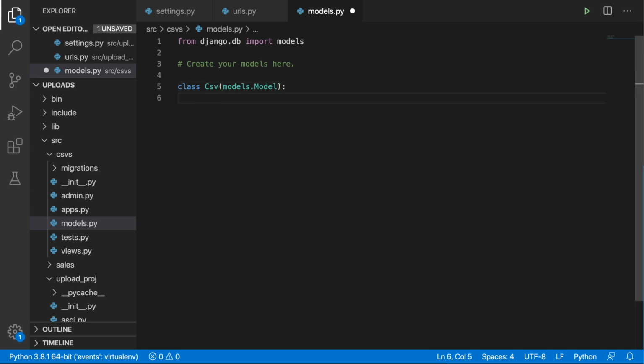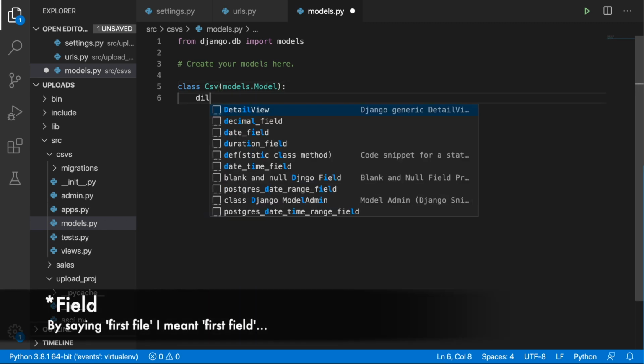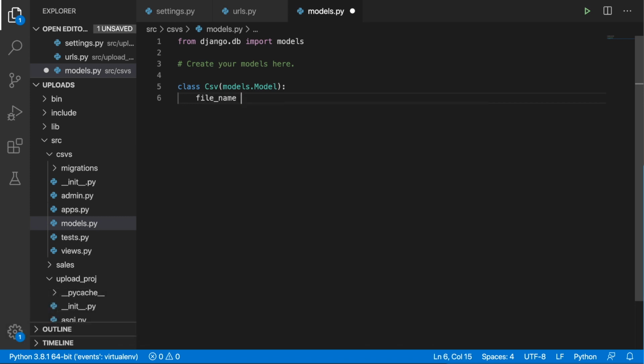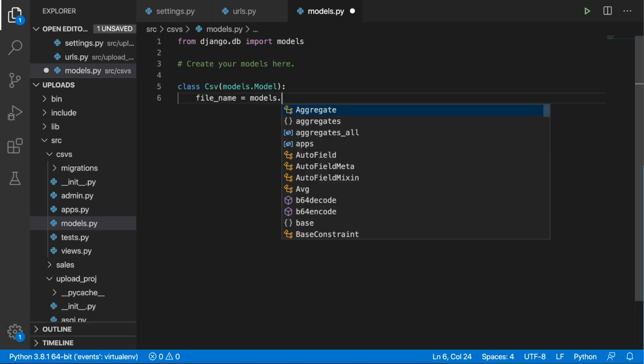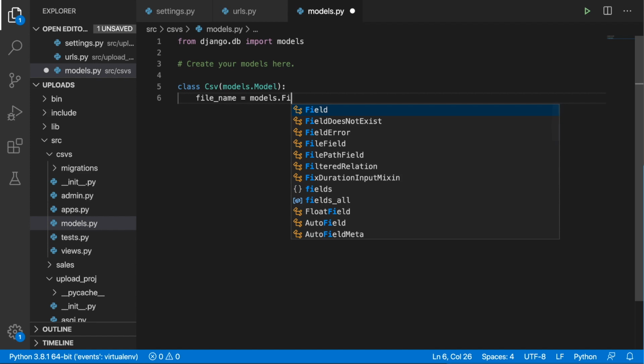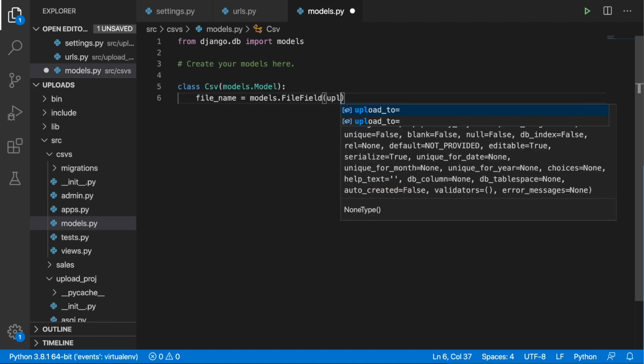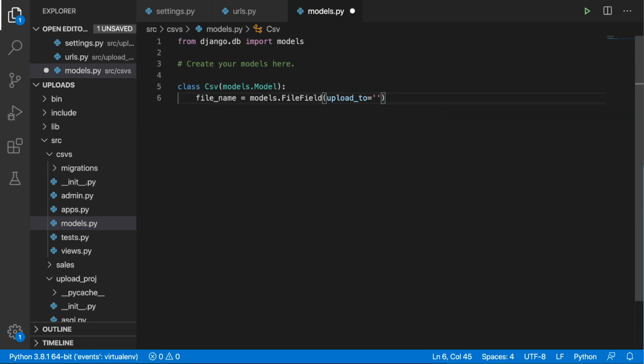And the first field that we are going to have is going to be the file name, and this is going to be a models FileField, and we are going to put in upload_to, and let's put in csvs. So inside the media folder we are going to have a CSV folder